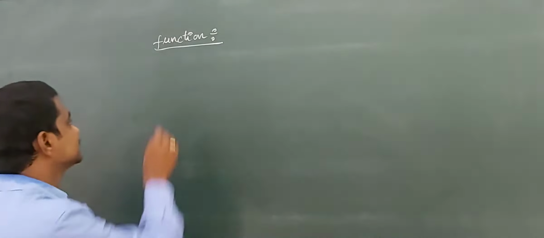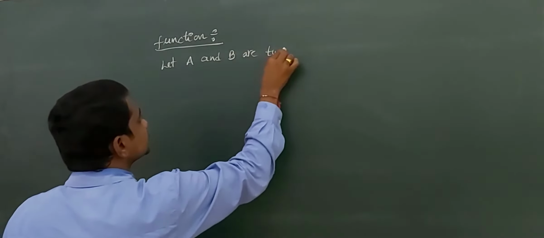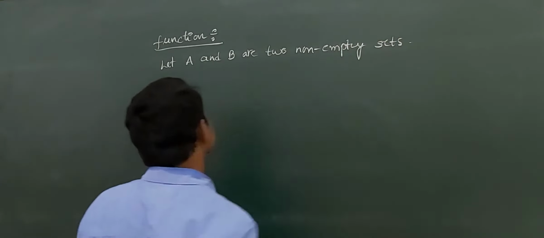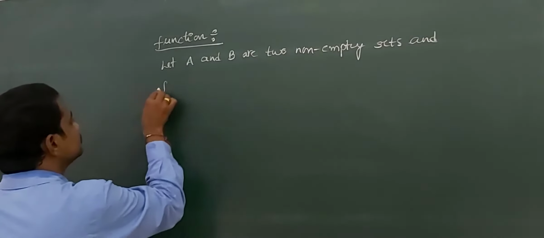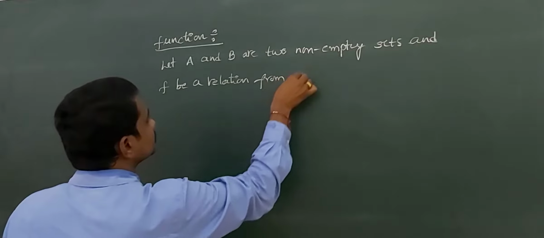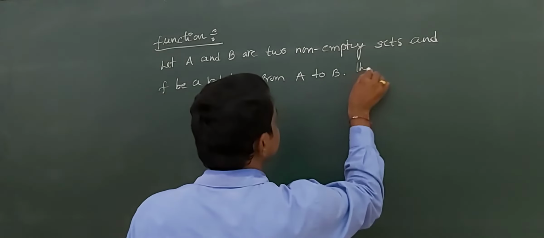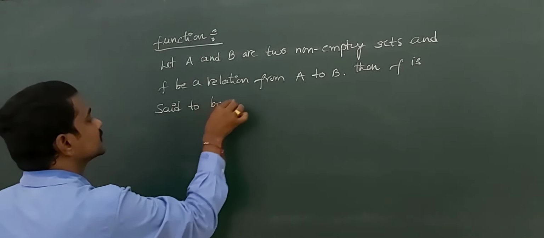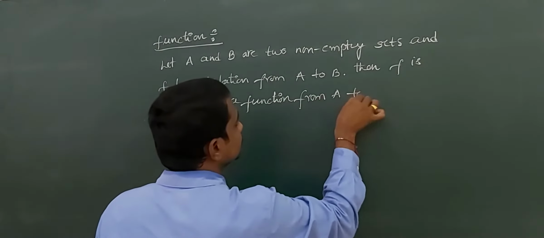Let A and B be two non-empty sets, and F be a relation from A to B. Then F is said to be a function from A to B if